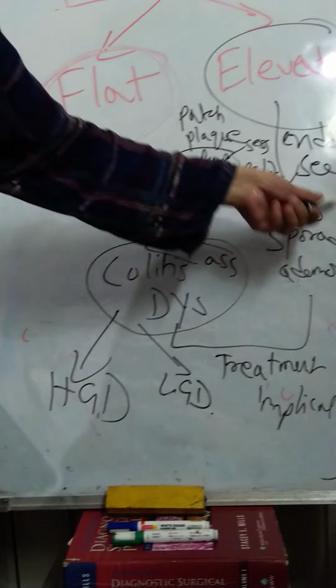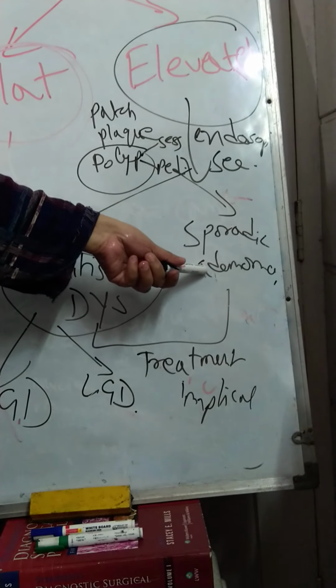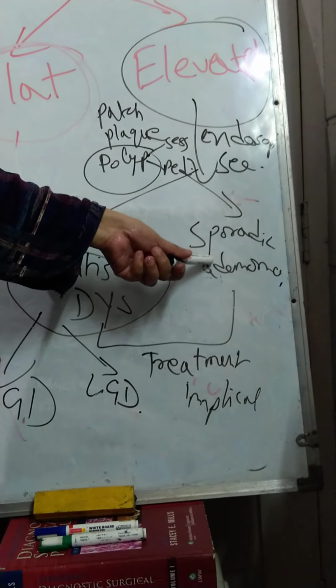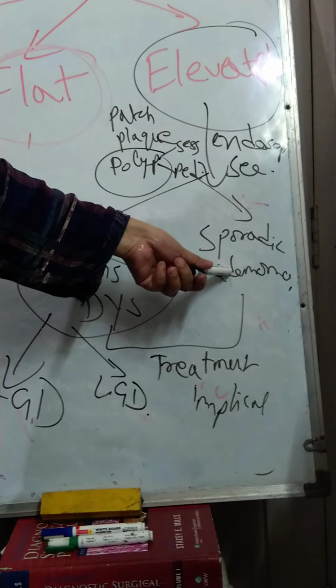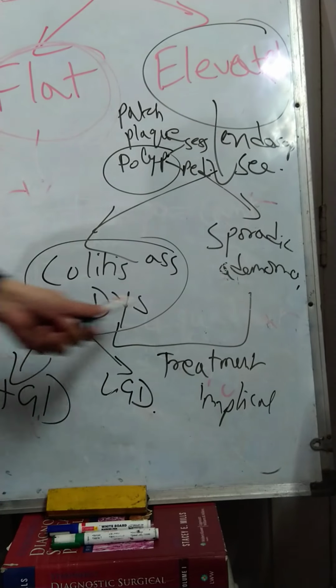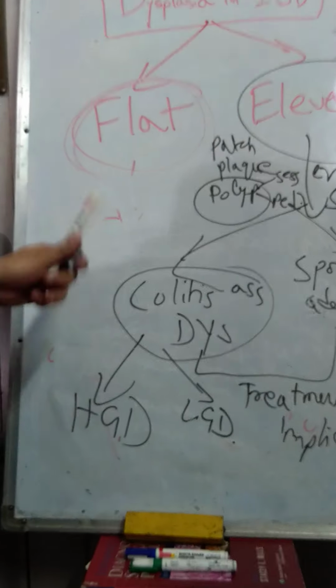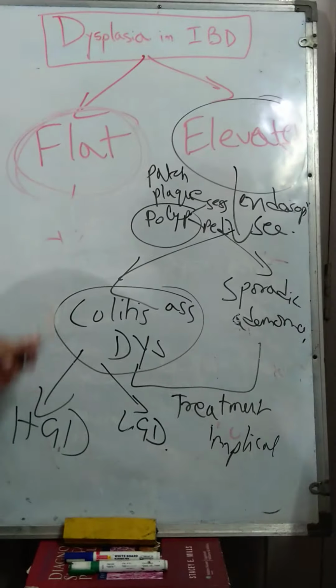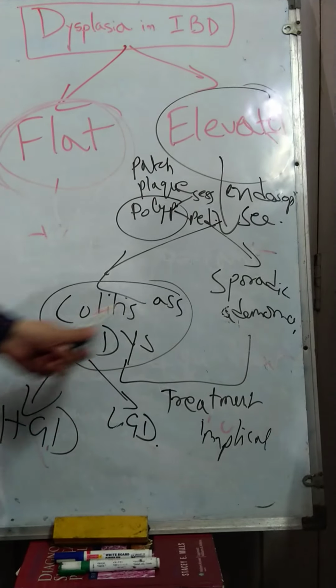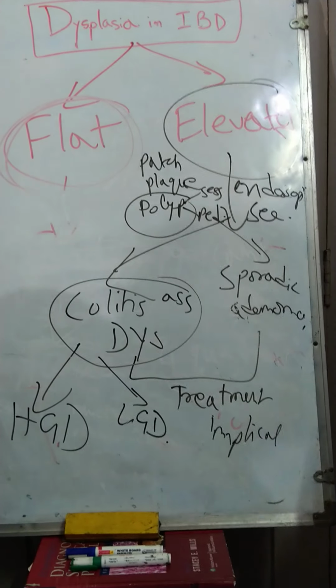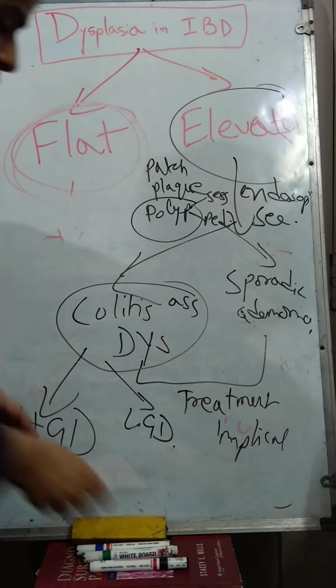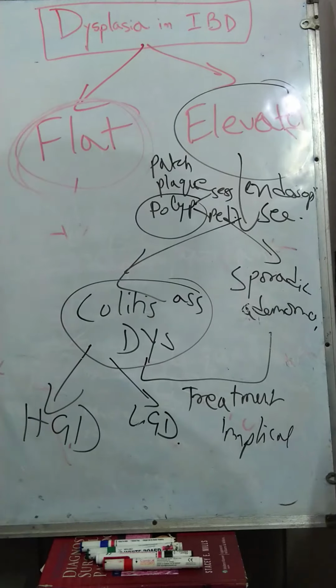But if you report a sporadic, say a villous adenoma with high grade dysplasia, then a mere polypectomy should be a sufficient treatment. So you can imagine the huge treatment implication. But in practice, how do we distinguish between the two, whether it's a colitis associated dysplasia or simply a sporadic adenoma? Not always easy to do so. Easier said than actually done.